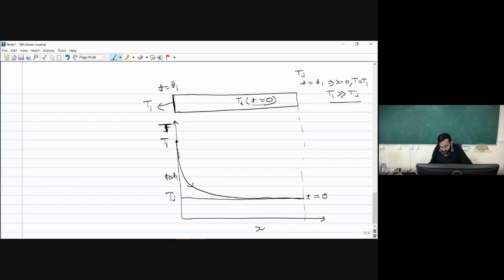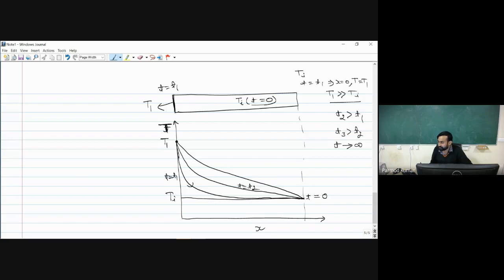Now what will be happening if I go to some other time t2 which is greater than t1? I will be finding that at time t2 I have more transfer of heat along the length of the rod, and my temperature will be increasing further. So this will be the situation for time t equal to t2. Then if I take some other time t3 which is greater than t2, further I will be finding some progress. Okay, and then finally when my time approaches infinity, in that case what will be happening?